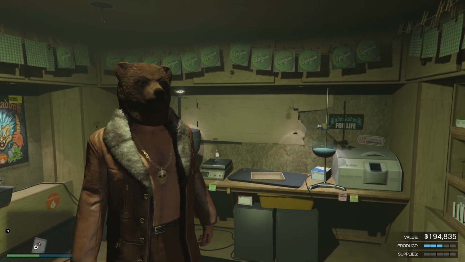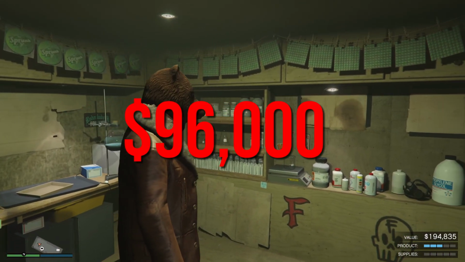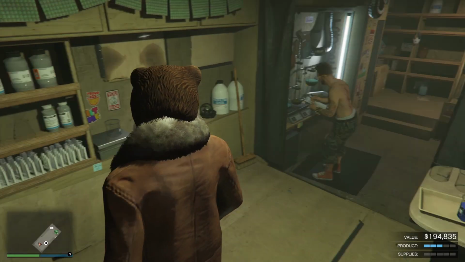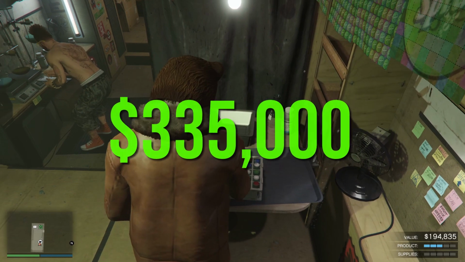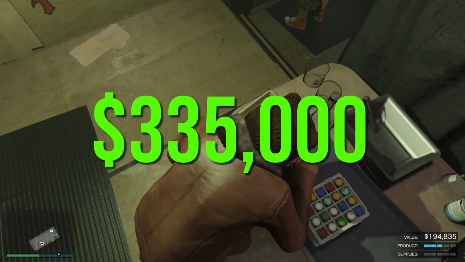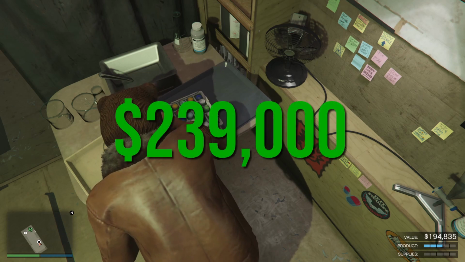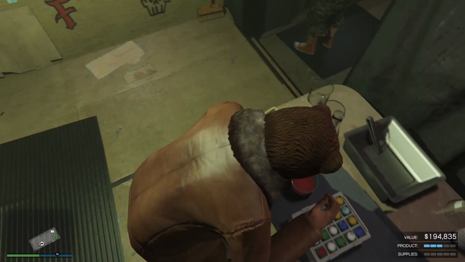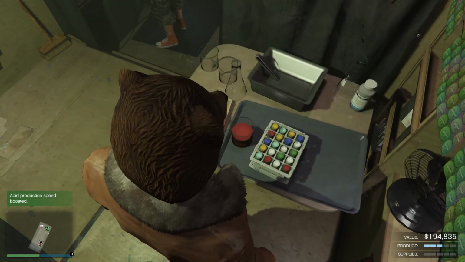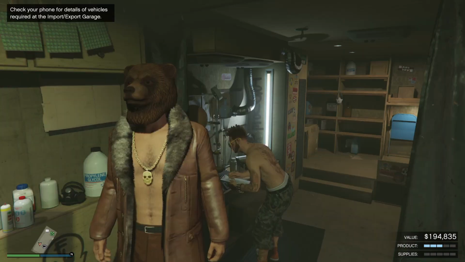You see, the profit per hour is really good. You only have to invest $96,000 in buying supplies, which is insane compared to the MC businesses, and that will generate you $335,000 from a full sale. So what's the profit like? Well, it gets better. That's $239,000 for only 3 hours of production time. That's right, $239,000 for 3 hours of production time. That means